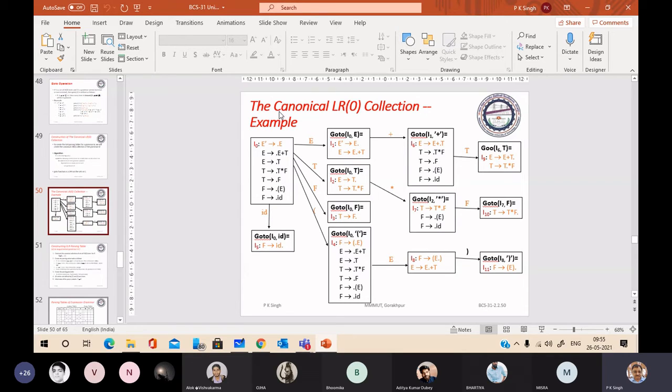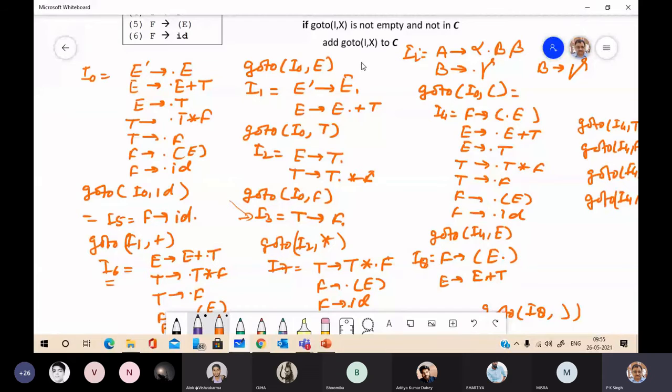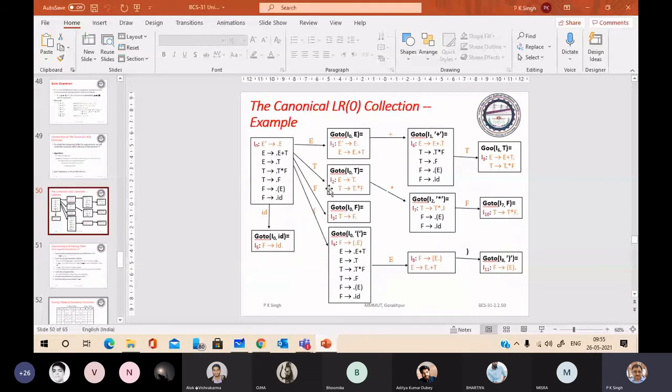Just see I1, go to I0E. Okay, having this, we have already computed. You can see, go to I0E, having these two items.